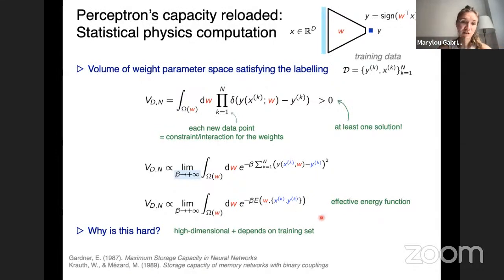Of course, to do it, we could use, as you were saying, Monte Carlo methods, but this is not really going to teach us much. I mean, in this case, we even know that the result we are looking for is very easy: we are looking for a ratio of 2 between the number of parameters and the number of training data points. So where's the trick? Well, precisely what we are going to resort to is disordered system physics,